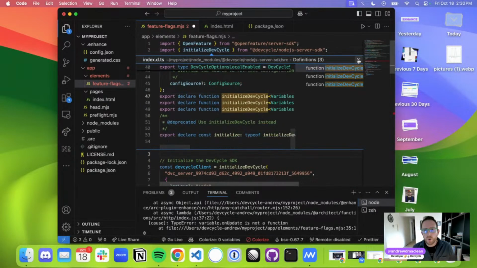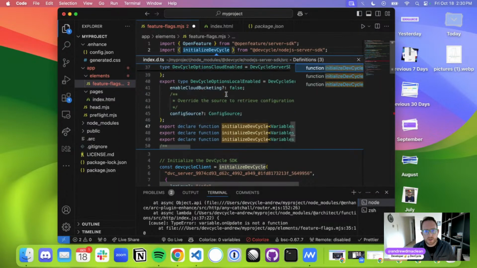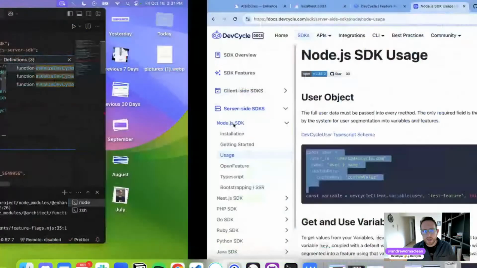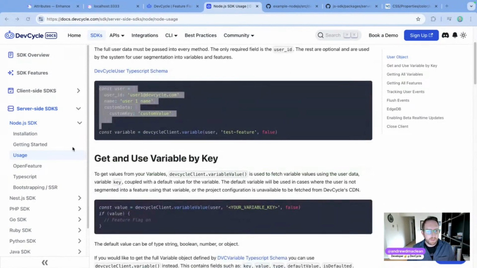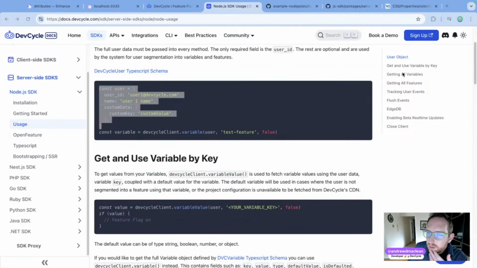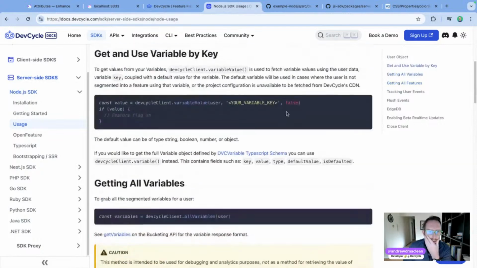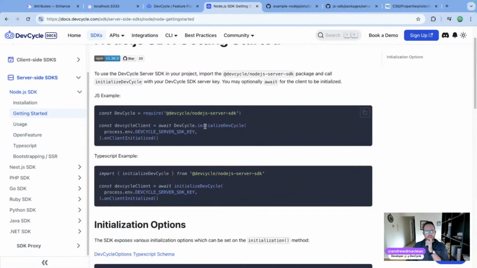Initialize DevCycle. Oh, is it because I'm not actually...? Oh no, because DevCycle client is there. Enable cloud bucketing. Yeah, so can I not do get all features, track user events, flush events, user object, getting all variables, DevCycle client, getting started,